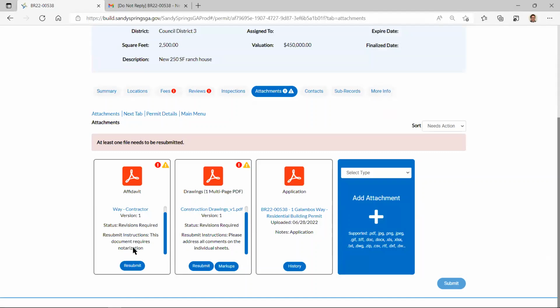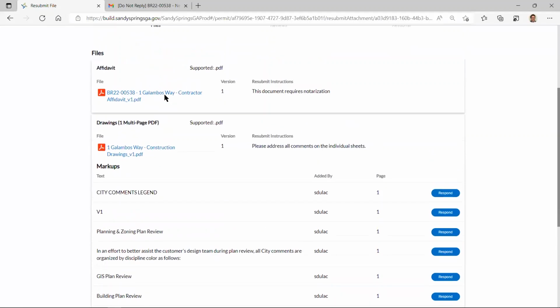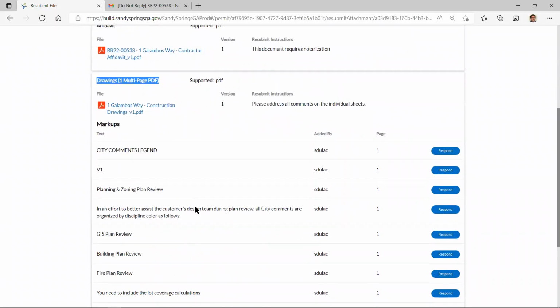So we want to resubmit these. All you've got to do is click on the resubmit button at the bottom of the screen, and then it'll take me back into it. So I have my affidavit here and I have my drawings here. All right. Now, since we use Bluebeam to actually mark up what you saw, the blue and the brown and all that stuff,